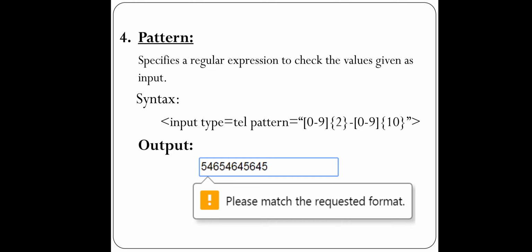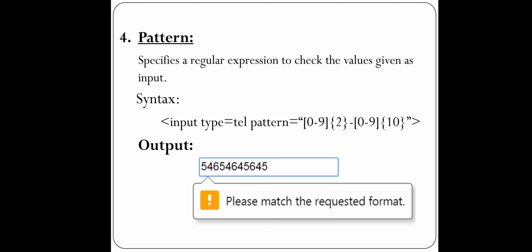We previously saw the mobile number. The format or expression for the mobile number is: first two digits are the country code, then there is a hyphen, and then there are 10 digits of the mobile number.